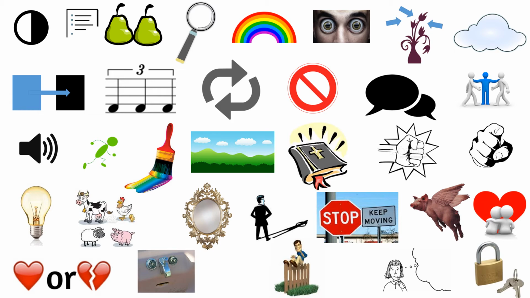Now, these are some techniques that we've talked about in years 7, 8, 9, 10. These are sort of things that you could be spotting. There'll not be all of these in a text, there might be one or two, and you've just got to look for them. So I'm going to go through, not all of these will be in a text, but just to remind you. So, contrast, list, pairs, particularly verbs and adjectives, extreme detail, close-ups, colours, imagery,